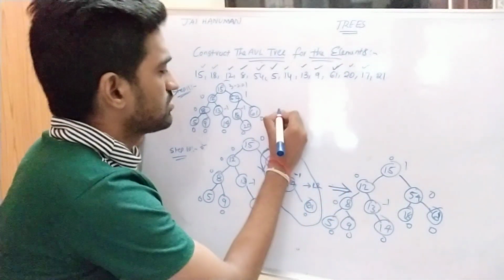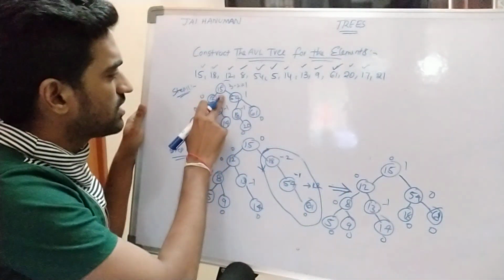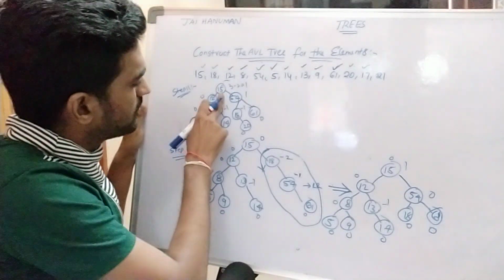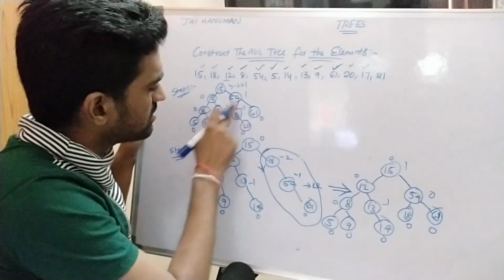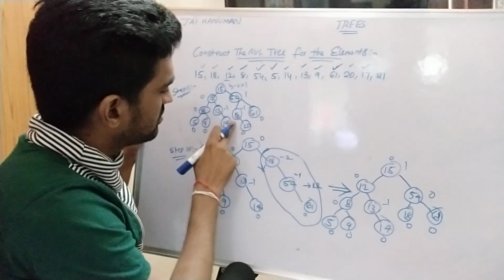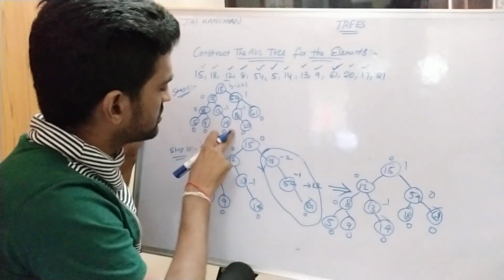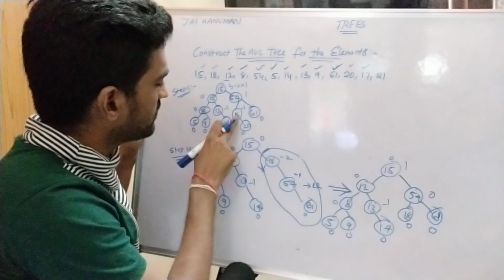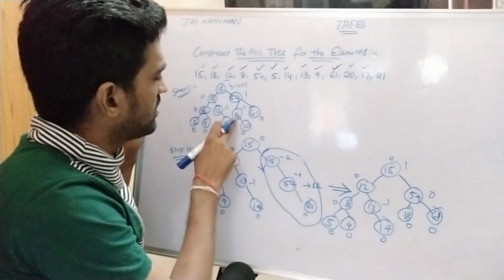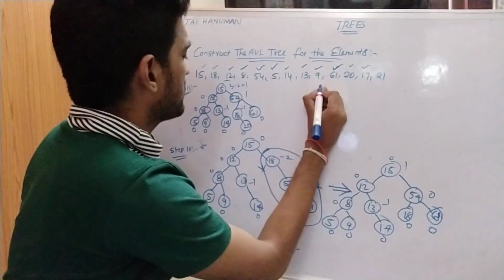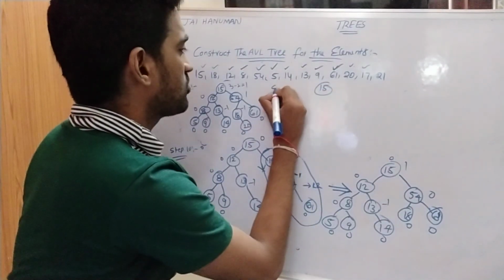17 is greater than 15. So that's why we can place that in the right subtree, at this position, left of 18. Now the tree becomes 15. So in step 12,